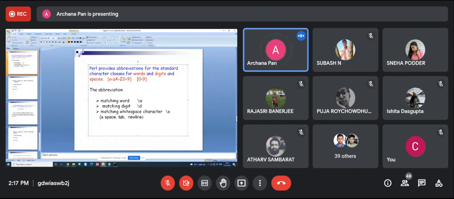This is backslash and lowercase w. Okay, and matching digit only. This represents the backslash d. No, this is backslash and w. This is basically the abbreviation of this one, and to match digit only, you can write this one instead. Okay. White space character.